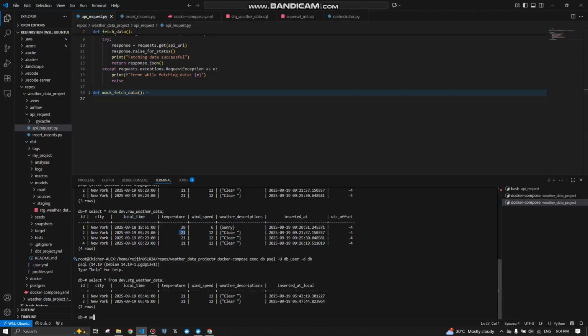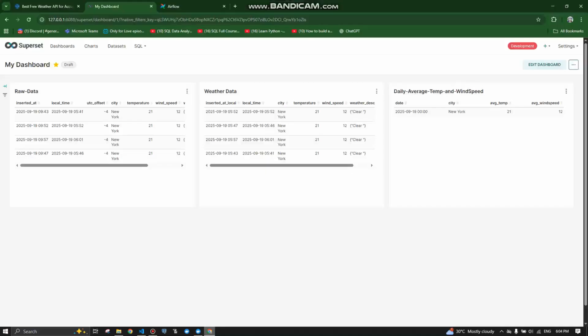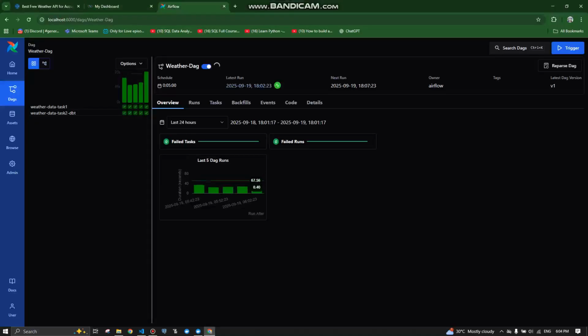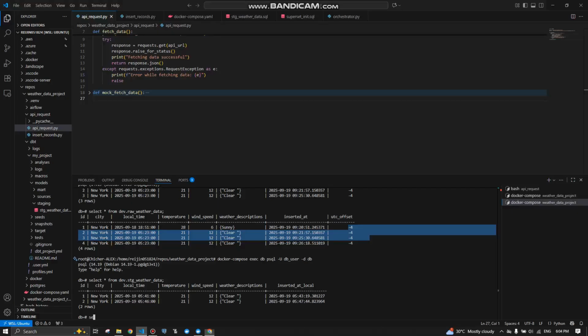So raw weather data is the table that is directly used by Airflow. Every 5 minutes, Airflow inserts the data into the raw weather data table.